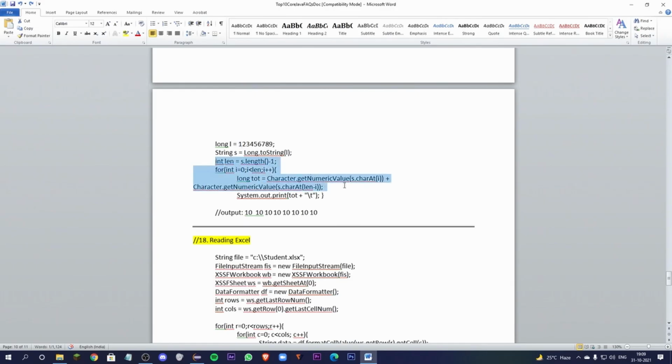So let's see the algorithm here. I am using the length of that number, converting that number into a string, then only we can find the length. For int i equals 0, i is less than length, i plus plus. So I am taking the total of that number. We have to add the first number and last number, right? For that I am using the Character class, and using the getNumericValue method, s.charAt(i), i in the sense 0